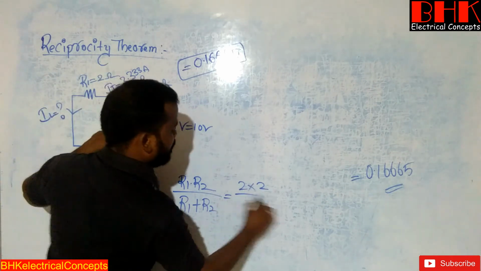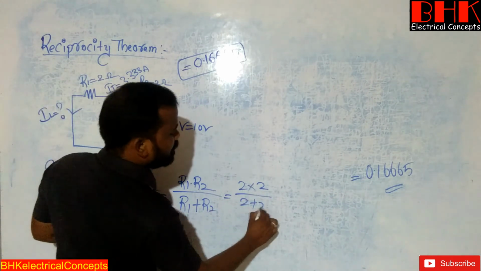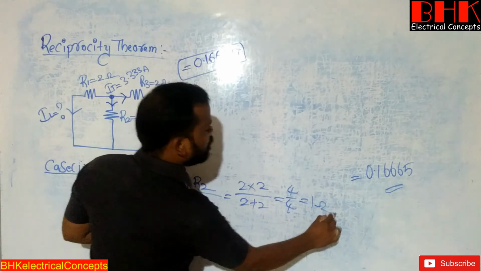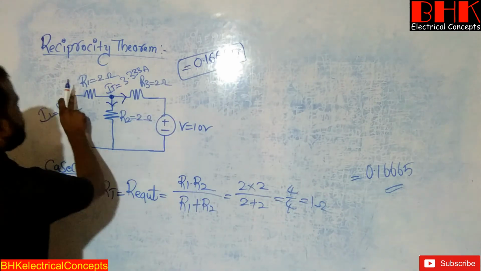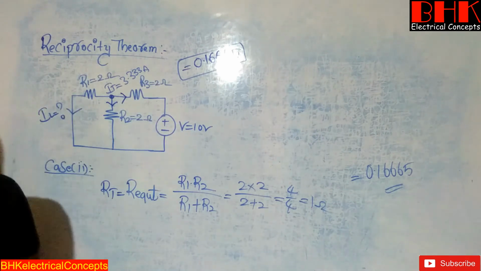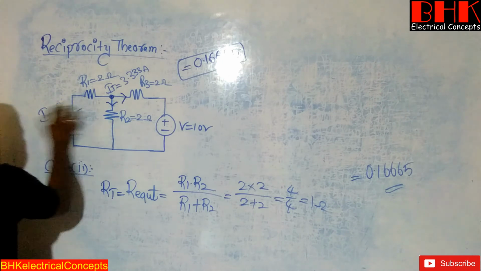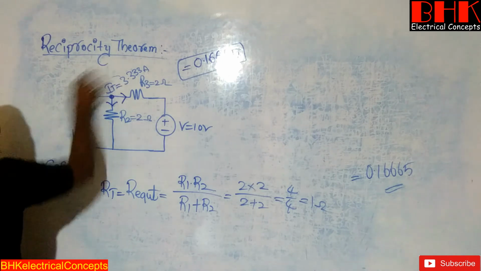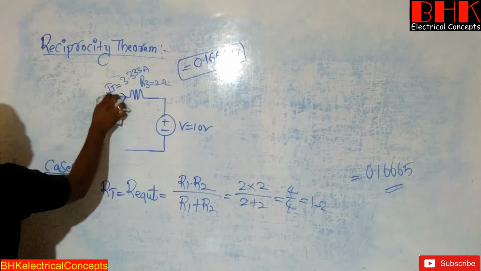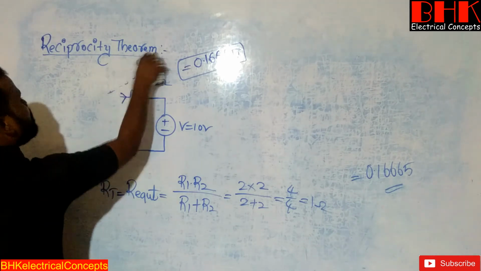Yes, 2 divided by, again R1 plus R2 means 2 plus 2 is equal to 4, so 4 by 4 is equal to how much? 1 ohm. It means what? The resultant of these two will give the value of 1 ohm. Now just replace the parallel combination of R1 R2 with the value